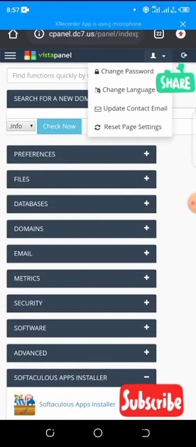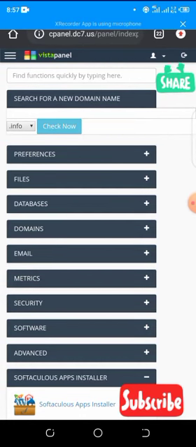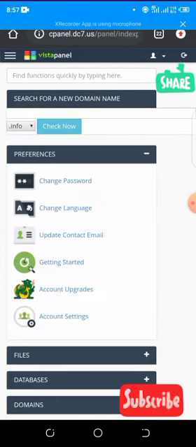Now look at this logo here. You can change your password. The password given to you, you can change. You put that password and change to another password, and it will be changed automatically. You need this because the password given to you by your hosting provider is not unique, but you have to get a unique password that you can always remember. That same function is also in the preferences.